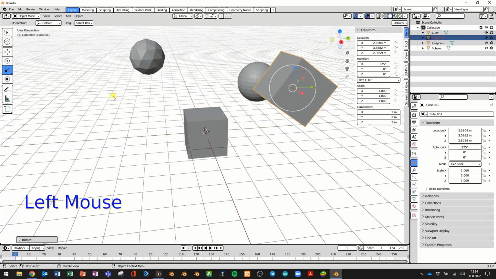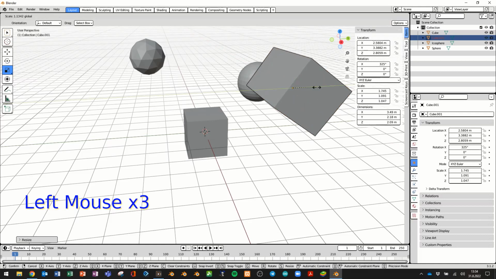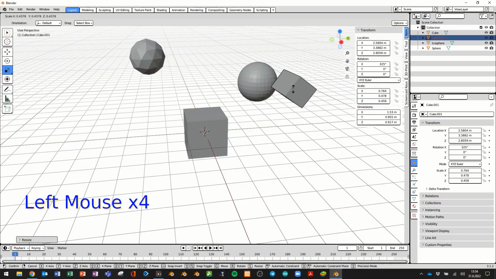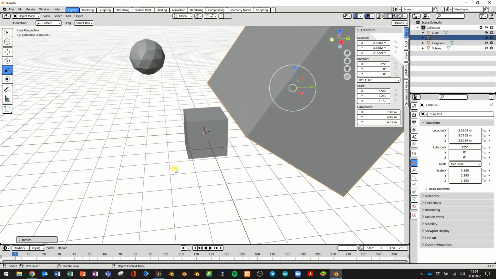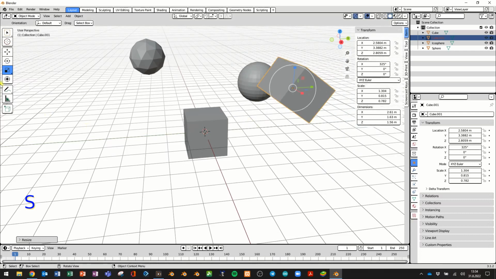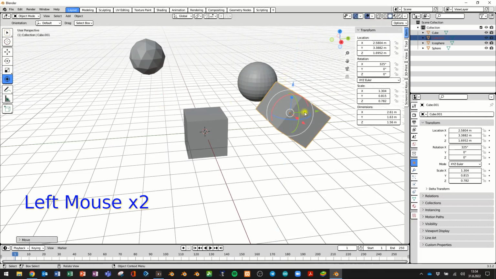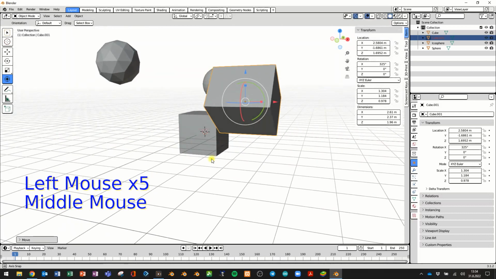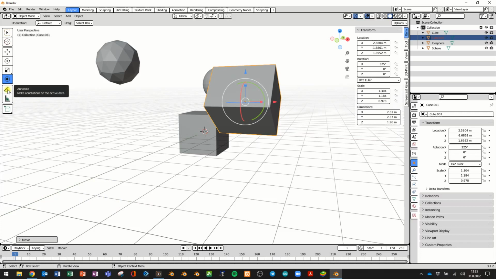The next one is scale. Again, if you scale along the axis, it works like this, or you can grab the center and scale the entire object. You can also just press the S key and then move your mouse, and the same thing will happen. This will give you all three at once. I have never used this because I find this very confusing, but if you want to be experimental, by all means use that. Then we have an annotation, which is